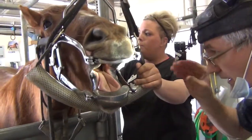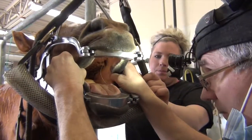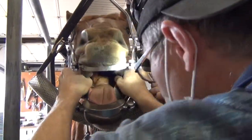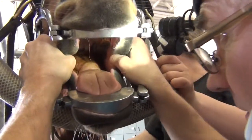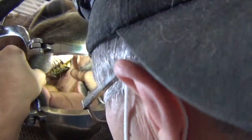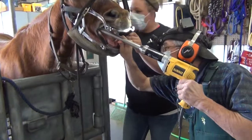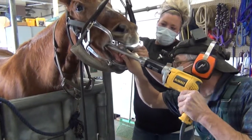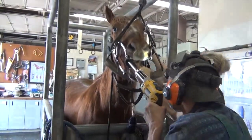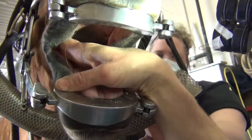Then we use this bright headlamp so we can illuminate inside the oral cavity, and we can take a look and see what's going on. And we can see some abrasions or ulcerations on her cheeks from these sharp rims here, and we're going to file those down. And I'm going to start with that, and then we can talk some more later. Corner of the upper teeth where those sharp rims were poking into her cheek, and made that nice and smooth